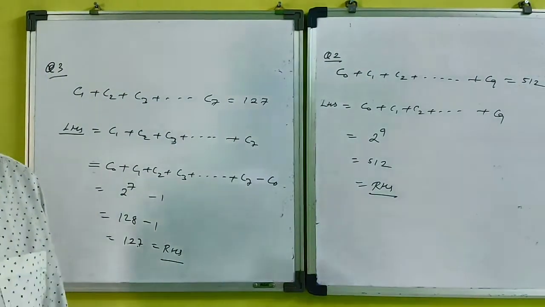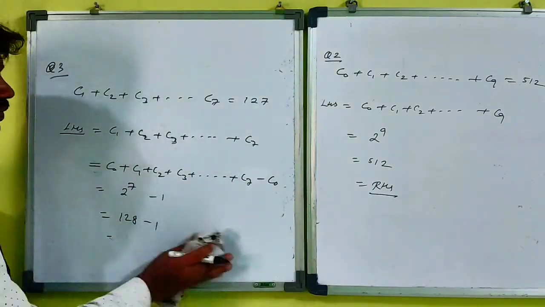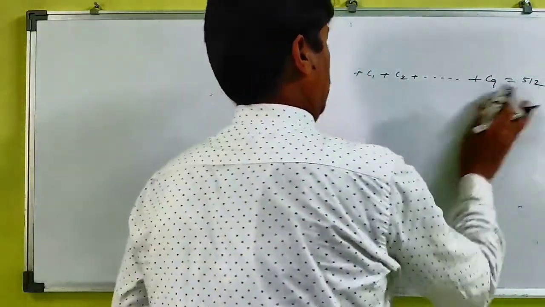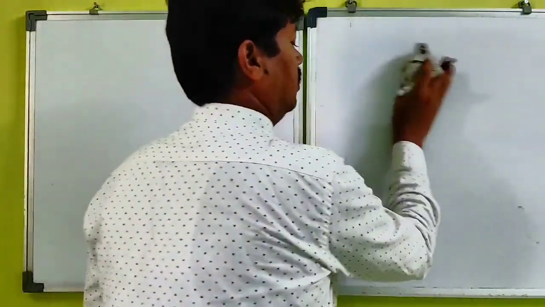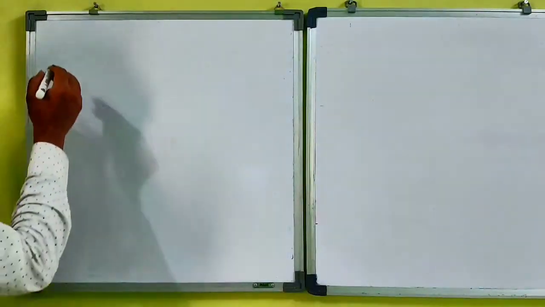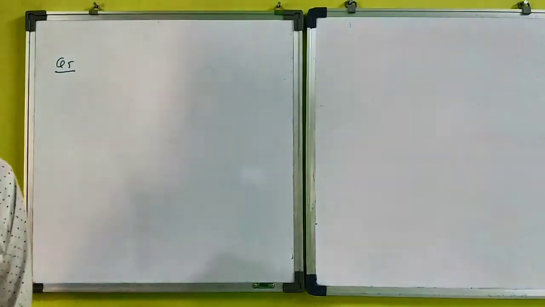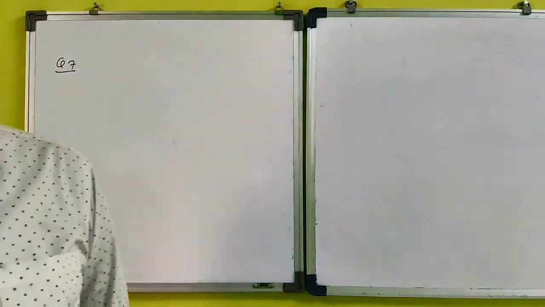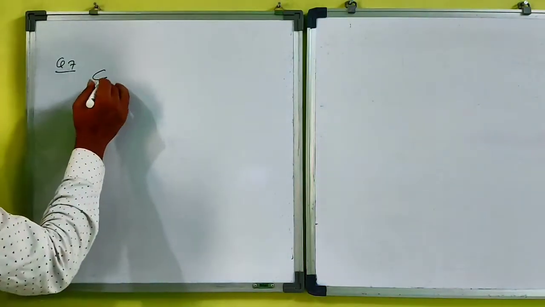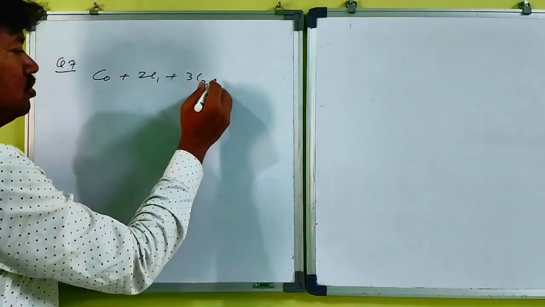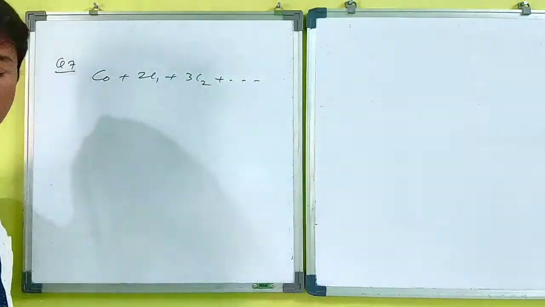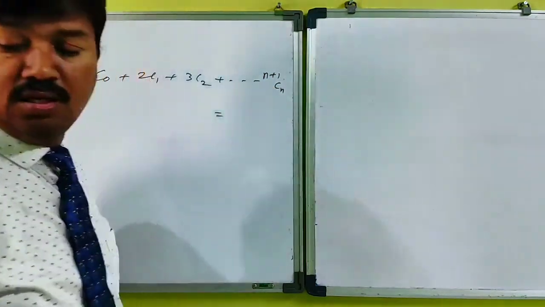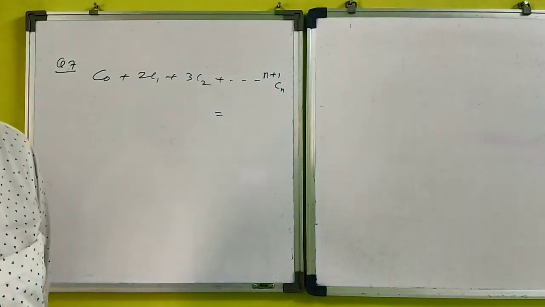So the last one, that is question number 7 in this, we will solve that question. Exercise 4.5, the last question, question number 7. C0 + 2C1 + 3C2 and so on up to (n+1)Cn. You have to prove that this is equal to